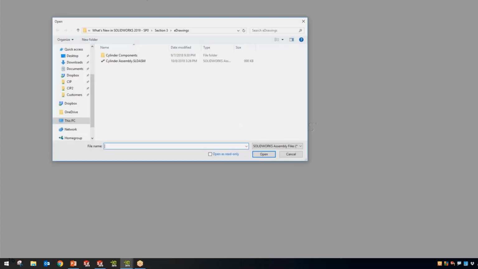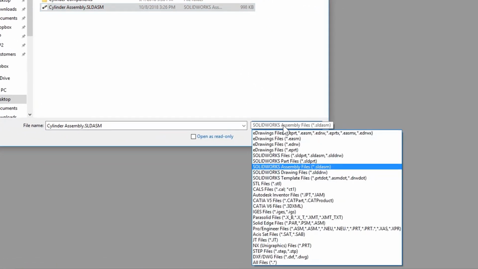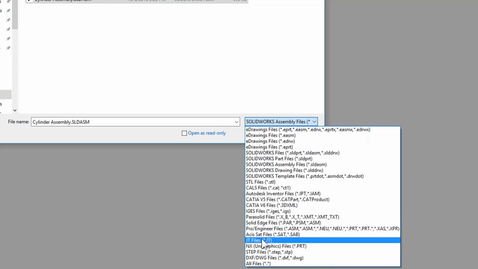So here in the eDrawings interface, as I go to open up a file to pull up in eDrawings, I've got this cylinder assembly that I want to take a look at here. But if we look at the available file types for 2019, we'll see that Parasolids, Solid Edge files, ACIS files, and JT files, as well as NX Unigraphics files, have been added for 2019 as files that you can open in eDrawings. This is really going to make it to where eDrawings isn't just for SolidWorks,